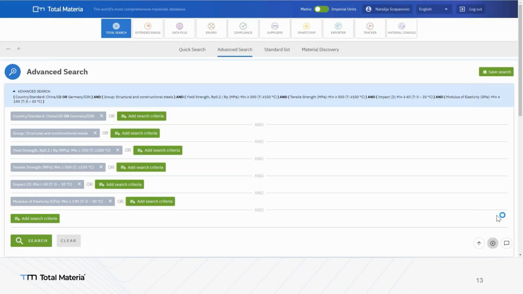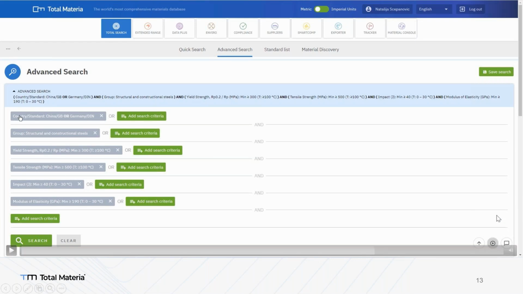Let's load the previous search. Here's an example. I want a Chinese GB standard material. I want a structural and constructional steel, yield strength value that I want to see minimum 300, tensile strength value minimum 500 and more, and impact strength 40 joule, and modulus of elasticity 190.